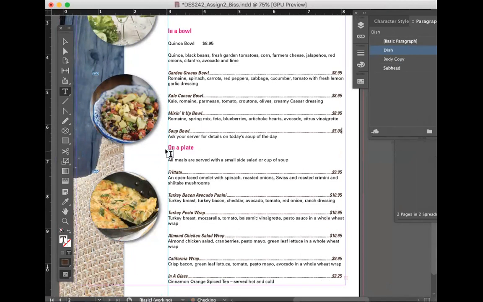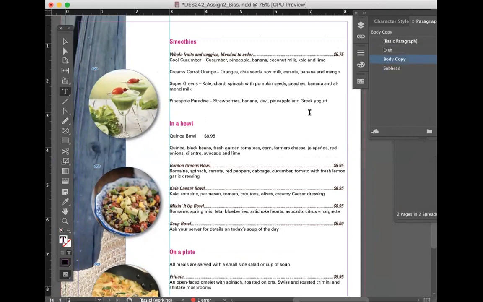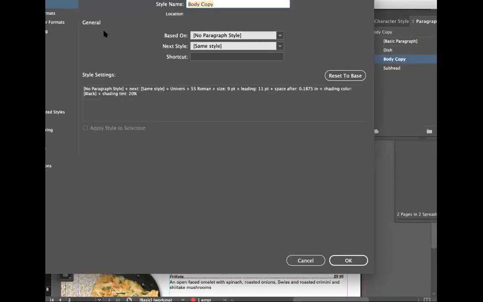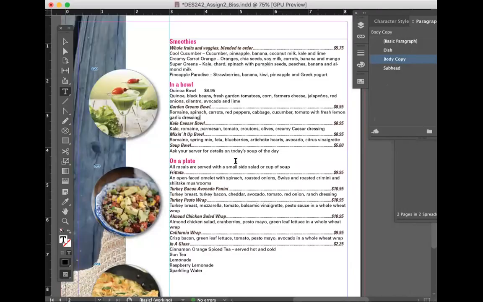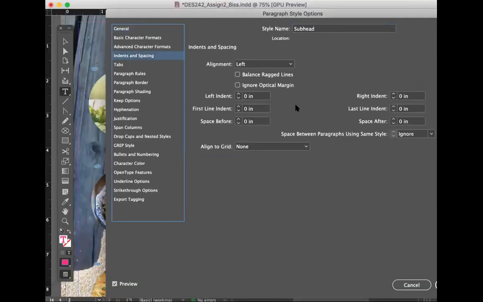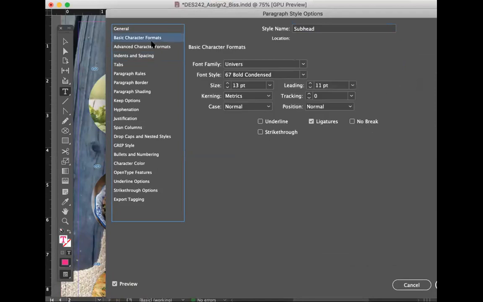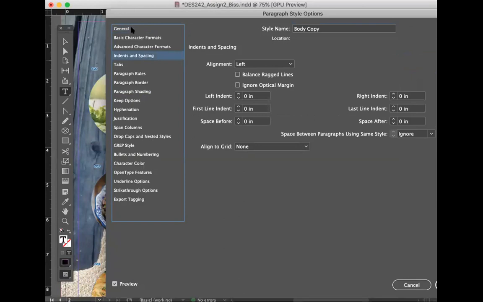But what you want is a little bit more space in between your pieces here, your sections. If it all runs together, it's hard to read. Take this down. Actually, I'm going to take that out completely because I think that's getting a little tricky with what we're going to be dealing with here. You might not want to deal with that because there are so many spaces in there. It's hard to get it back to where you need to be. So what I would say is just make sure your spacing is consistent. Body copy, there we go.